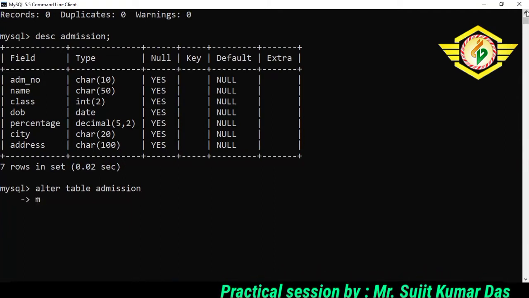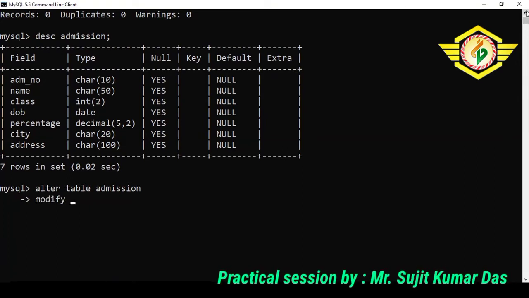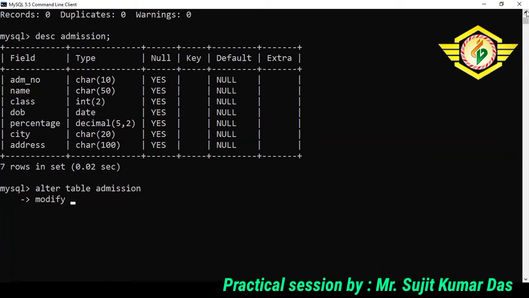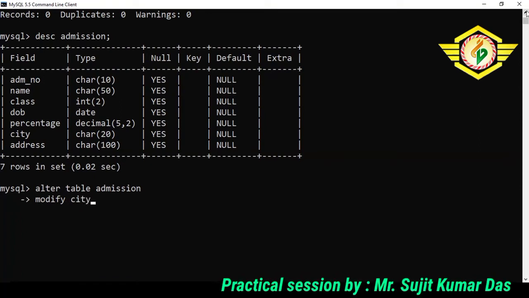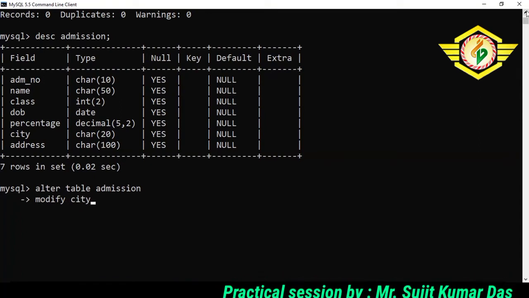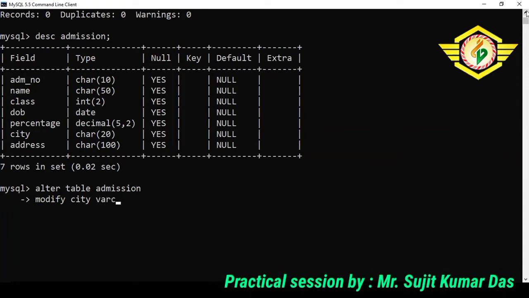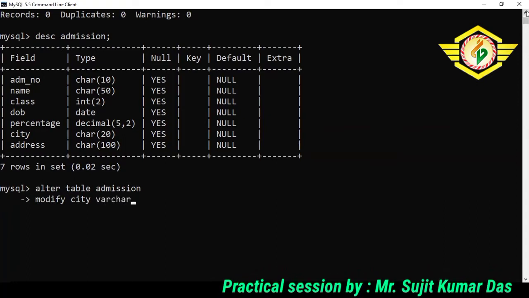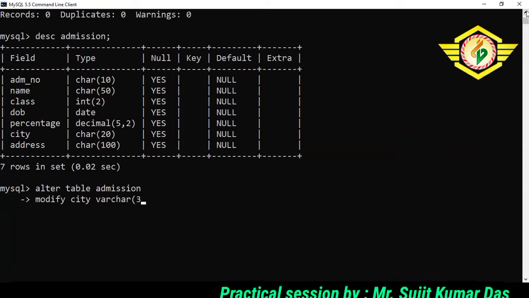The second keyword will be modify, and we will be changing the city column to varchar 30, suppose.